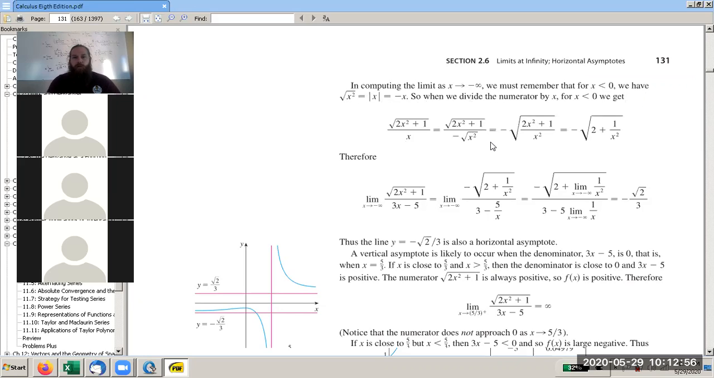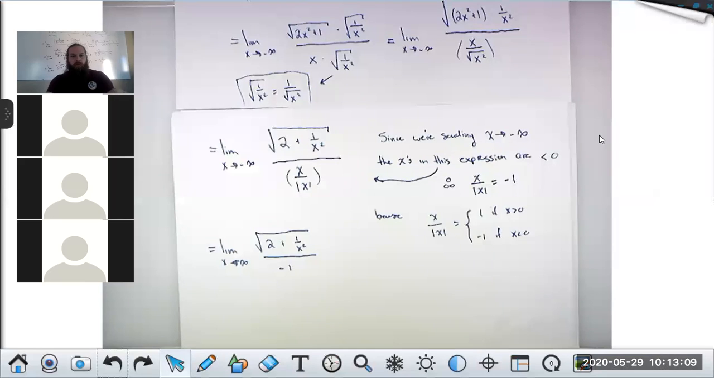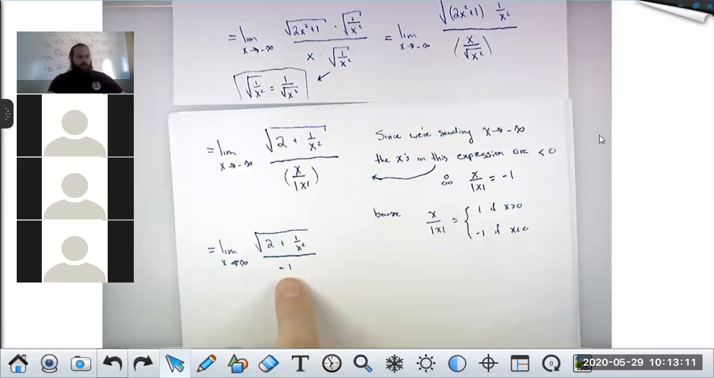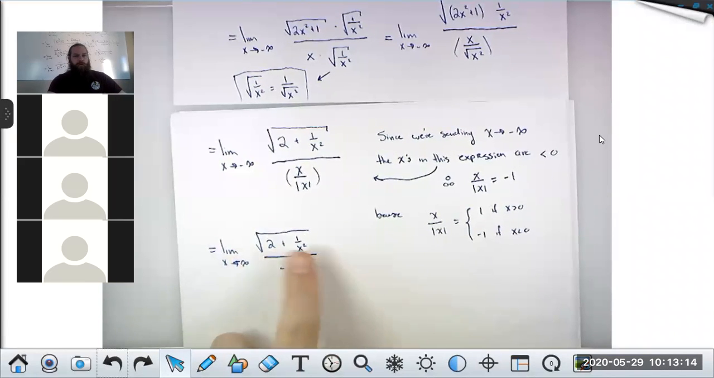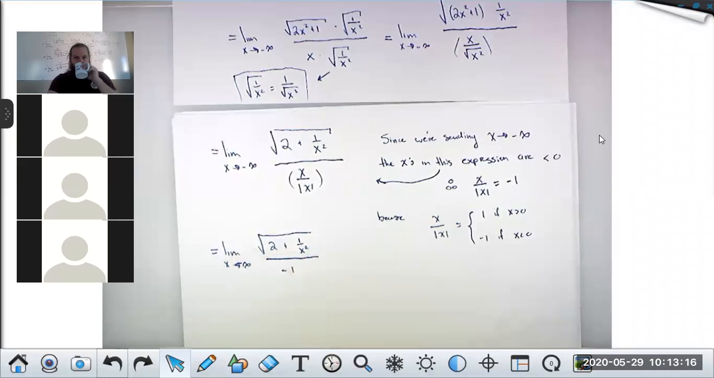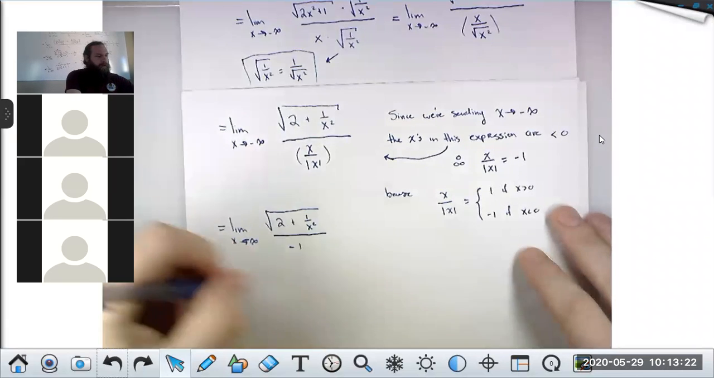So they kind of hack their way through it. They don't show you the algebra steps as carefully as I do, but they get to the same place. That the limit you're computing is the limit of negative square root of 2 plus 1 over x squared. So compare that with what we have here. Negative square root of 2 plus 1 over x squared. In either case, the place we end up,